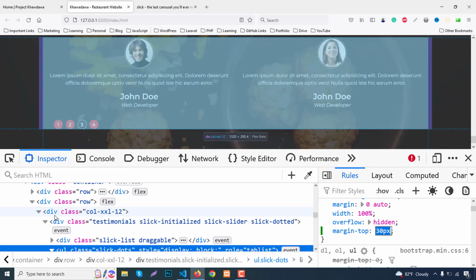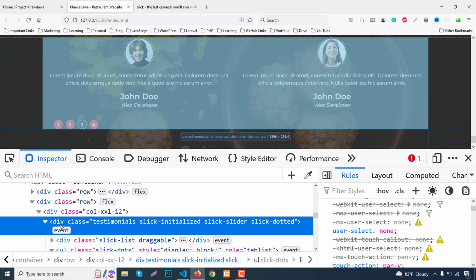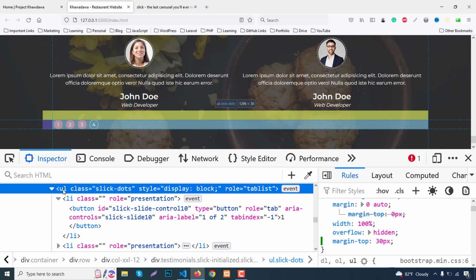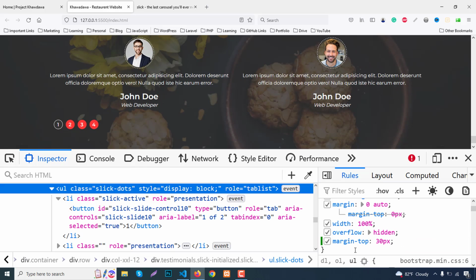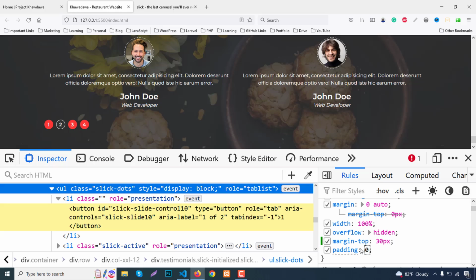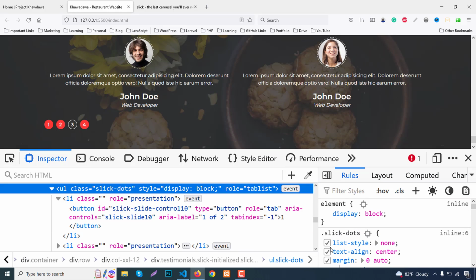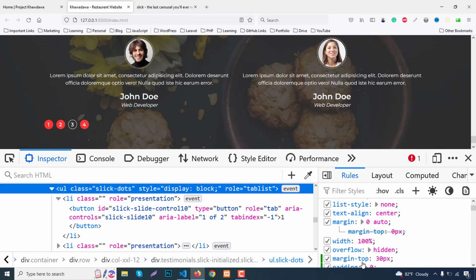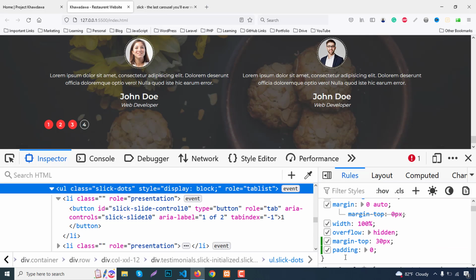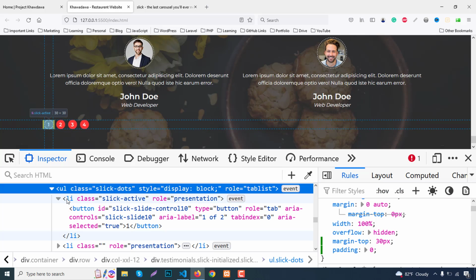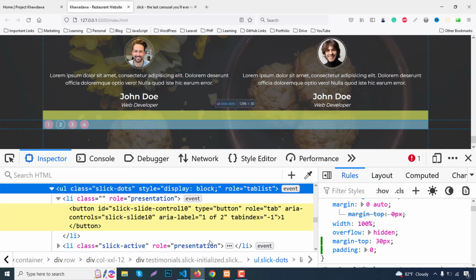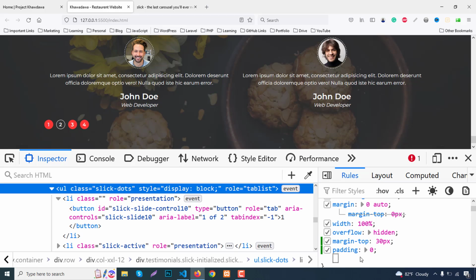Okay, and finally we need to center here. So if you check testimonials UL, which has UL slick dots, margin 0 auto, padding 0. Okay, and we already use text center, but it doesn't work. Margin 0 auto, height 100%. Okay, let me check li, or if you add here display flex,